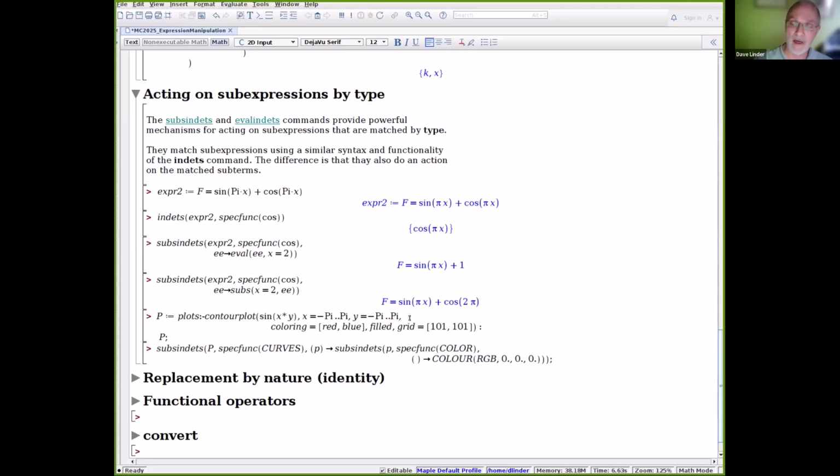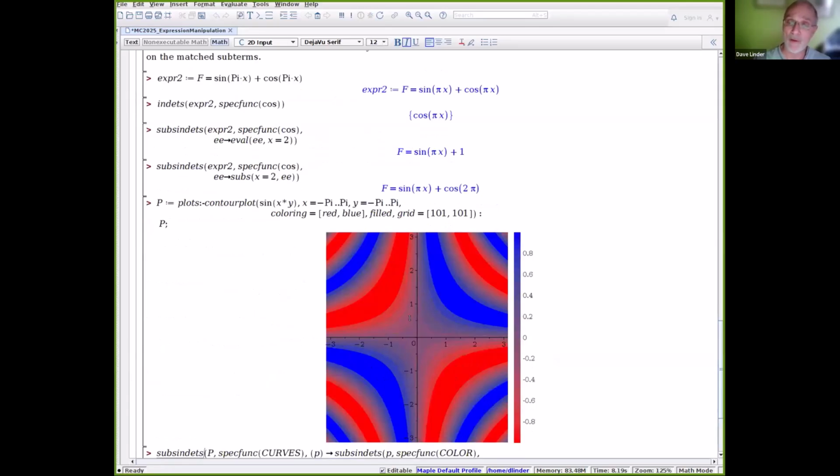In the plotting session earlier today, I made some examples where I talked about manipulating plot structures. Plot structures are actually just nested function calls with a lot of data and other stuff in them. As Maple function calls, as a data structure, you can operate on them with exactly the same kind of commands that you could operate on other kinds of expressions. So here I'm making a contour plot. It used to be a few releases ago that with this kind of contour plot, the contour lines themselves would be black. And here they've been cleverly replaced, so instead of the contour lines being black, they're matching the colors of the filled regions. It's actually nice to have those curves there, because otherwise the edges of the curved regions might look a little